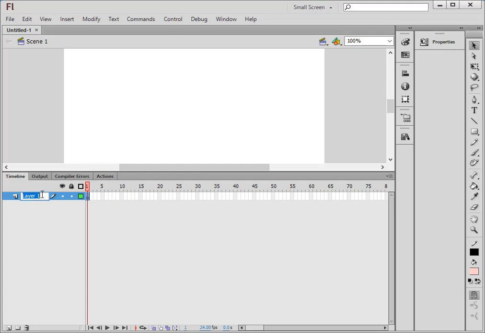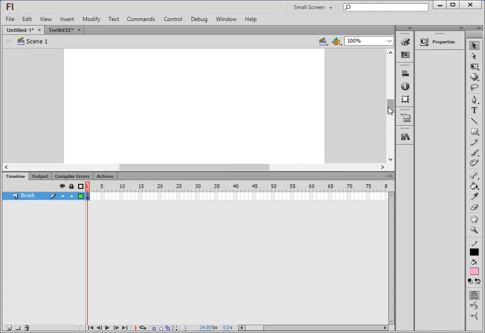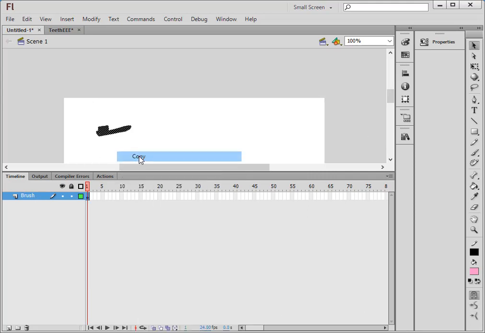This first layer here I'm going to call Brush, B-R-U-S-H. And on my stage right here, I'm going to draw a brush. There's my brush. On that layer, I'm going to copy that brush, right click, copy it, open another layer, and